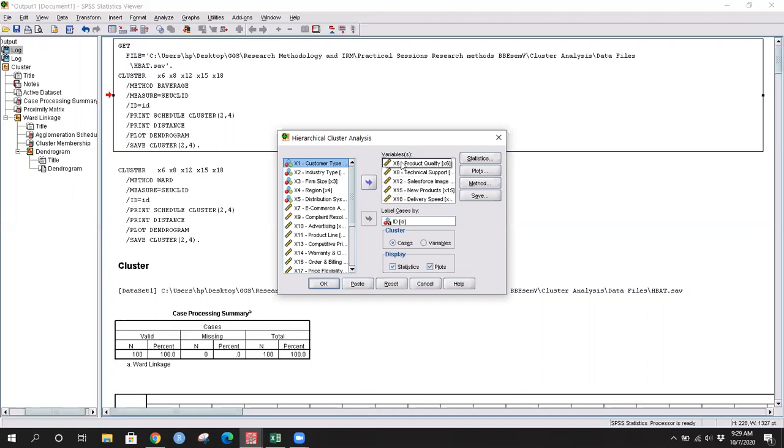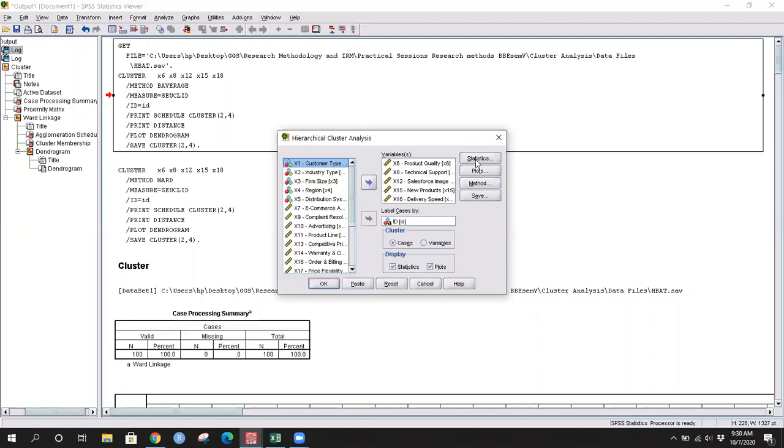These were asked on a Likert scale. The person was asked, please rate our product on the basis of product quality, please rate our product on technical support, and so forth. So all these have a rating from 1 to 5, and then people answer. I'm not sure if it's 1 to 5 or 1 to 10; you can check that in the variable sheet. But all of these are Likert scale type questions where people have rated the company, which is HBAT in our case, on these attributes. So all these are interval variables, and you have to be very thorough with the data type which you pick.